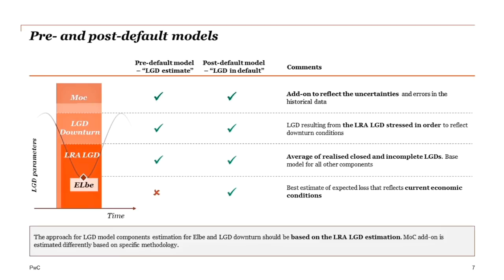And the long run average realized LGD is based on both realized closed and incomplete LGD cases, which will incorporate both elements of forecasting based on historical data for the incomplete loss cases and the existing estimation of the realized average cost of loss. And this is basically the base model. One should not forget this or lose it from sight. The best estimate for expected loss is also needed, which reflects current economic circumstances and their impact on the estimated cash recoveries on our loss cases.